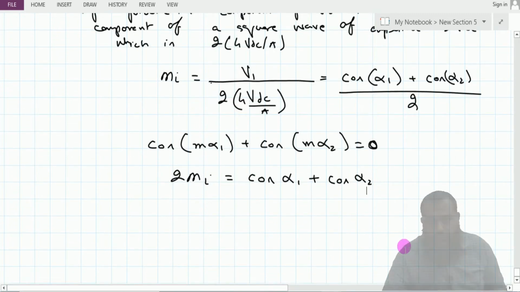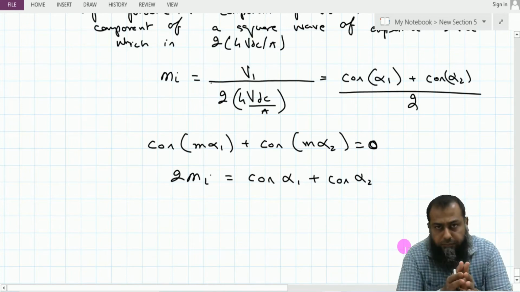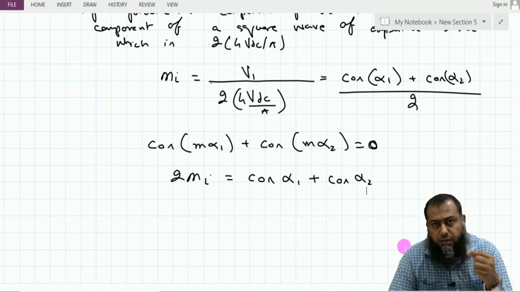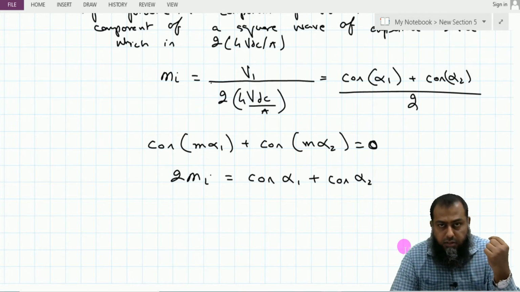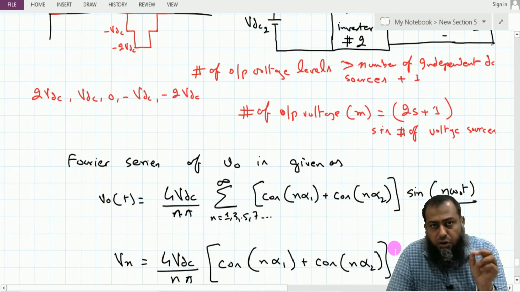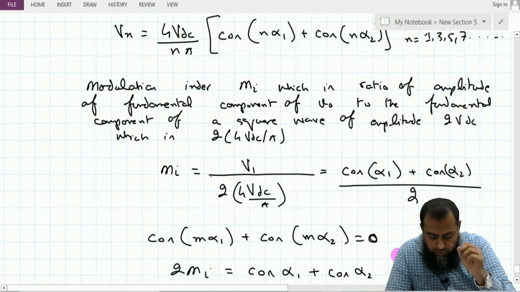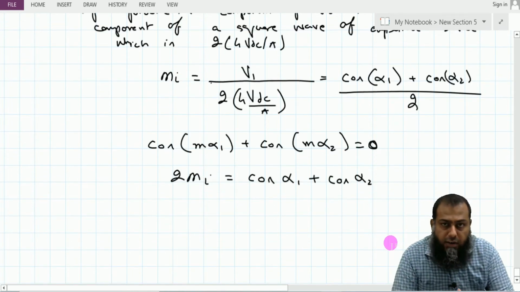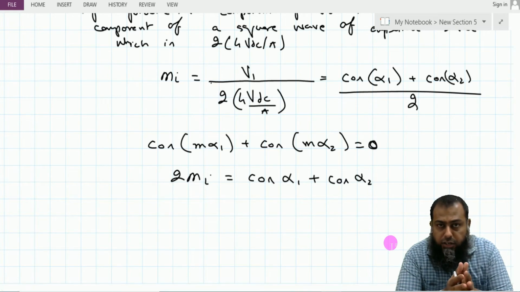Now this particular concept of having a cascaded connection is quite generic, and it can be used to produce output voltage with more than 5 different levels. For instance, we can have 3 different voltage sources connected with 3 different values of the delay angles that will produce an output voltage which will give you 6 plus 1, we will get 7 different output voltage levels at the output. So using this generic concept, we can actually develop an output waveform with many more output voltage levels across the load.